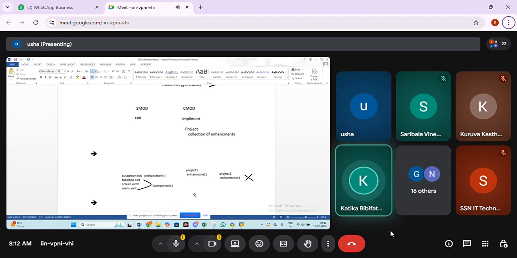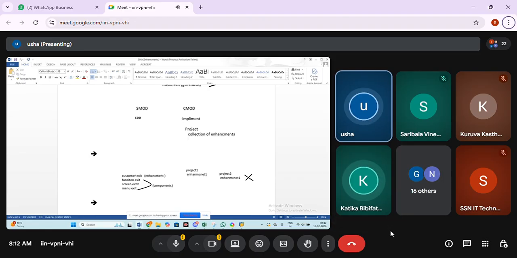Exchange data between systems? No, that interface I'm not saying. This is the object-oriented programming interface I'm asking. In object-oriented classes and methods, you have an interface, right?